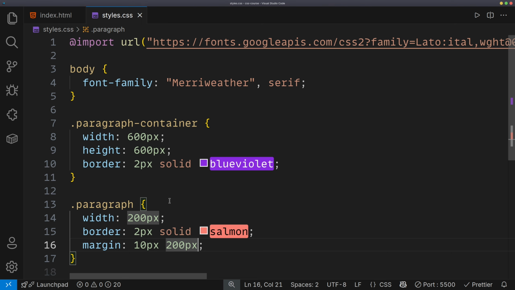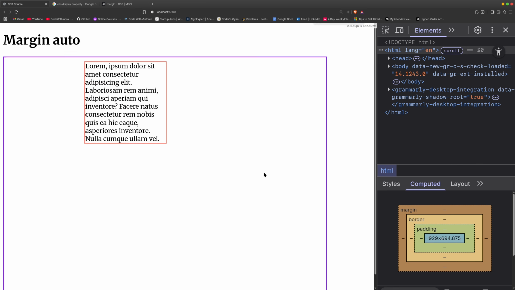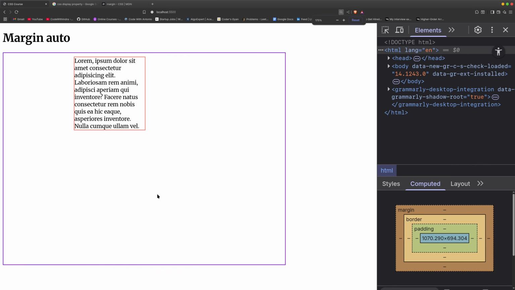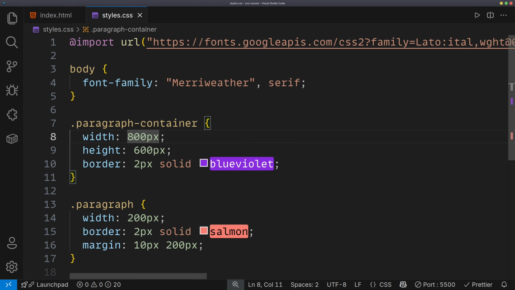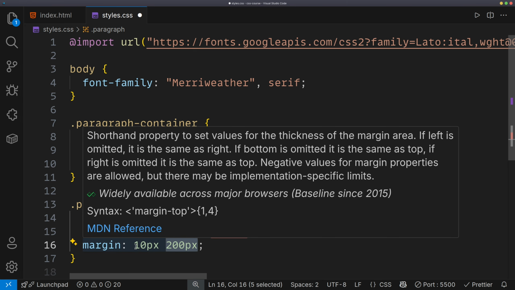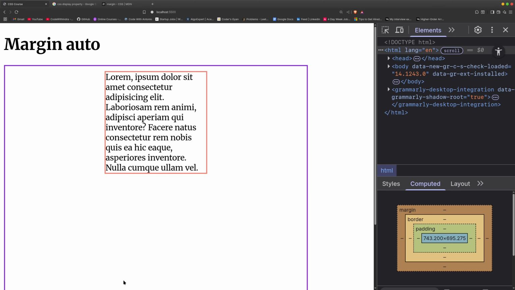Okay, but here is the catch. If I just set something like 800 pixel to the width of the container, then what will happen? It is not centered anymore. So what do we have to do to make it dynamic? Okay, so what we can do, we can set the margin to like top and bottom, we can set anything, but for left and right we can set auto. If we do that, then